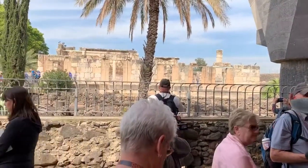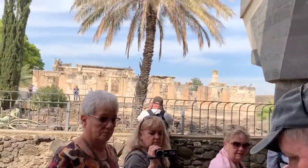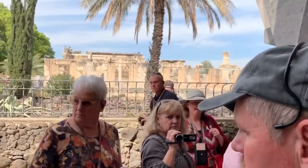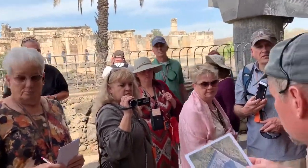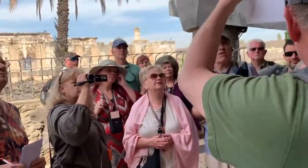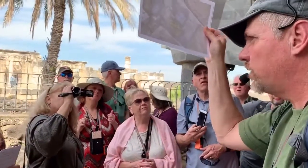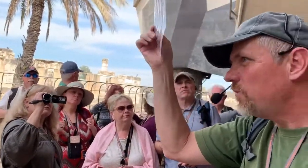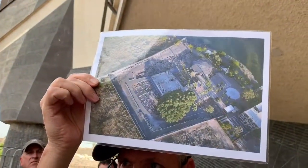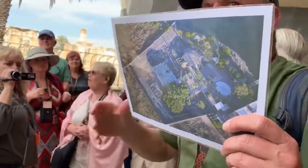Now let me show you this aerial view of what I'm talking about here. Okay, here, just hold that there. Okay, look at this. Look at the size of the village. And it extends a little bit beyond that wall and a little bit beyond, but it's not a very big village. It's just a little fishing village, for goodness sakes, on the Sea of Galilee. Do you see that? You see that synagogue there? It is